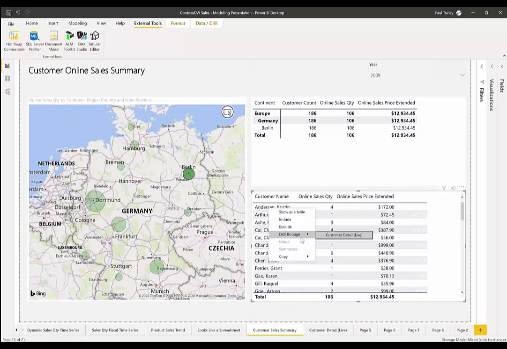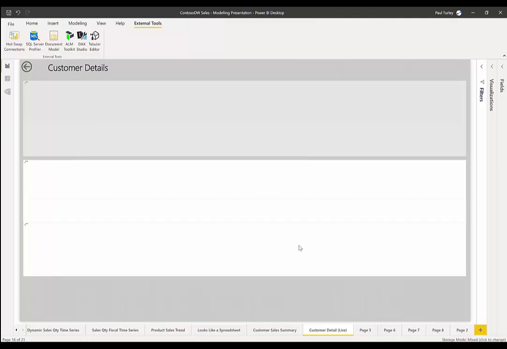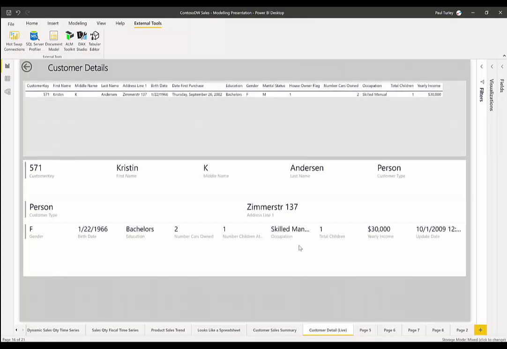So I have a drill-through report. And I have not yet run a live query against my source database yet. Everything you've seen so far has been in memory in my data model. But when I drill through, that's going to take me to a page that is based on a direct query. And now I'm seeing this live data. So this is actually information that's coming directly out of my SQL Server database. It could be through my gateway or it could be Azure SQL, but this is coming from the data source. And this query that returns this information had not previously been run.